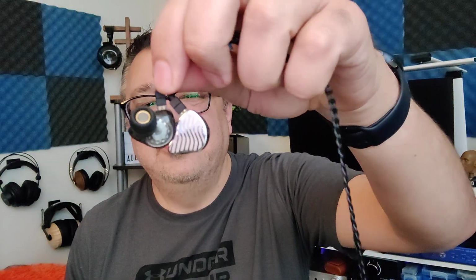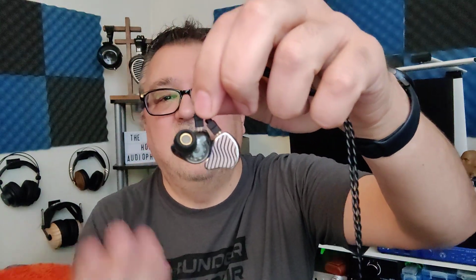So I find that the JH3 is a good IEM. I do enjoy it, especially after I changed the cable and the tips. And I find that the JH3 is a very fun, pleasing, and engaging sound. Has a little bit of warmth to it, and just overall it's a fun sound. But it's not really something that is going to draw me away from my other favorites of the